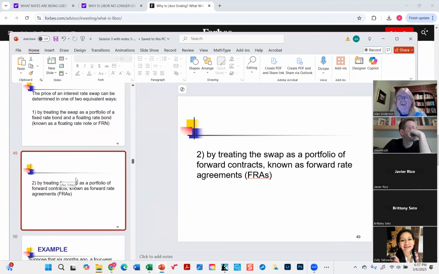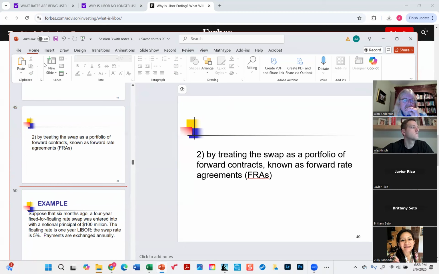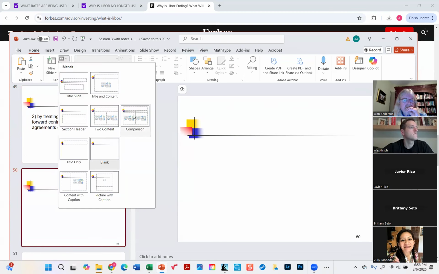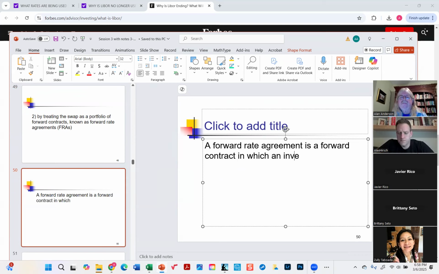Now, the other option, which we'll see later on, is to treat this as an exchange of forward contracts. Now, we haven't actually discussed this just yet. We'll have to save a little bit of this for another time, but a forward contract written on an interest rate is often referred to as a forward rate agreement. For example, it is a forward contract in which an investor can lock in a borrowing rate or a lending rate in